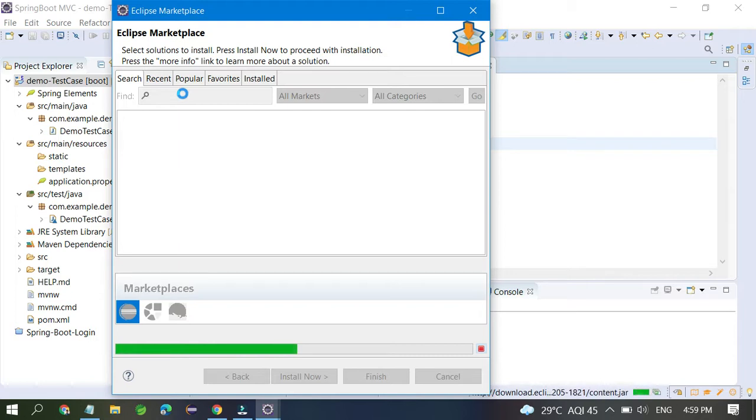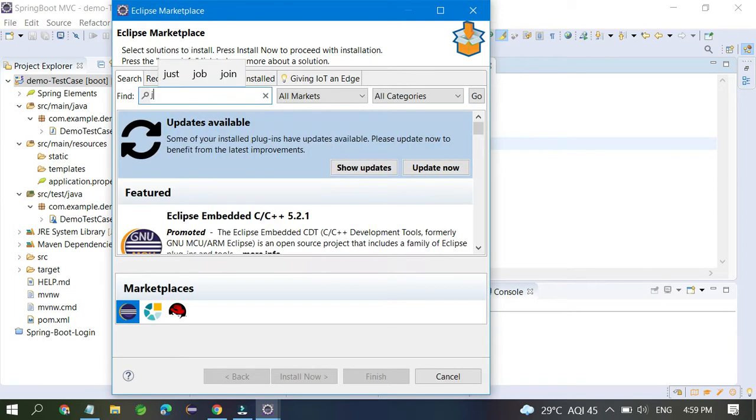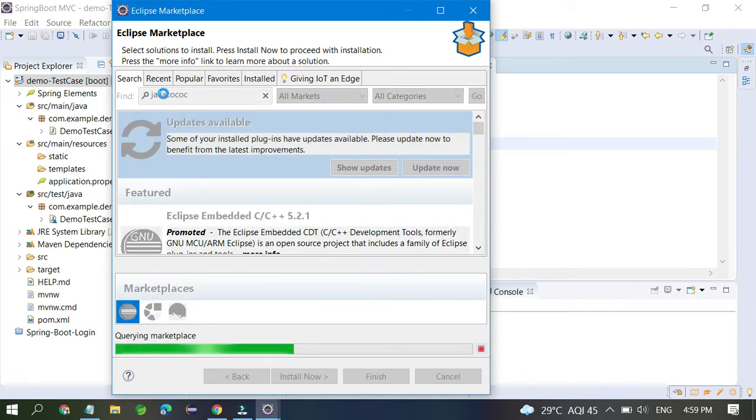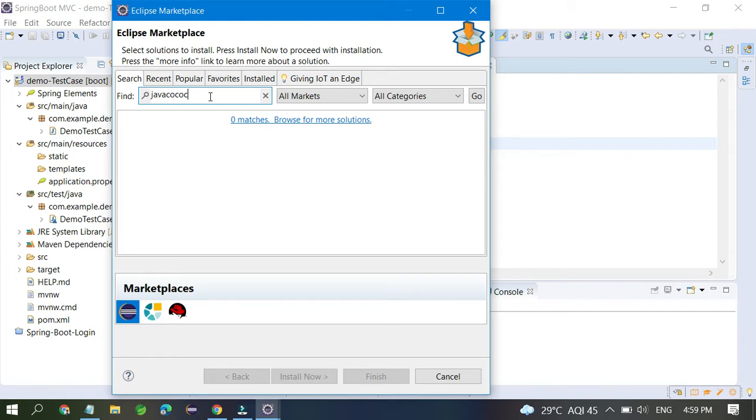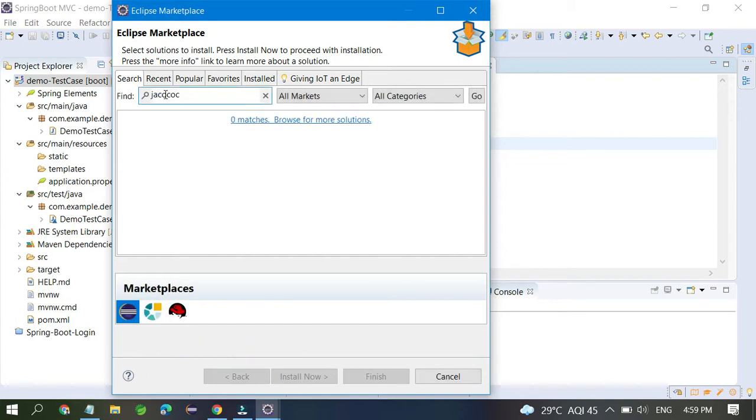So I think it takes some time. Here you can search JaCoCo, or Java code coverage.